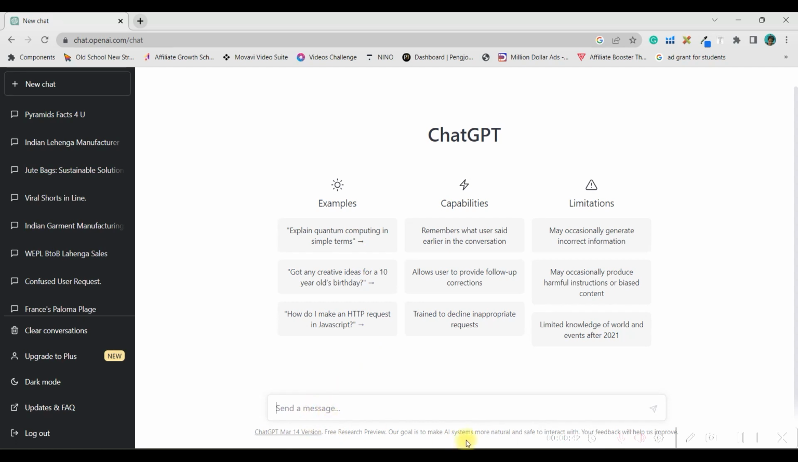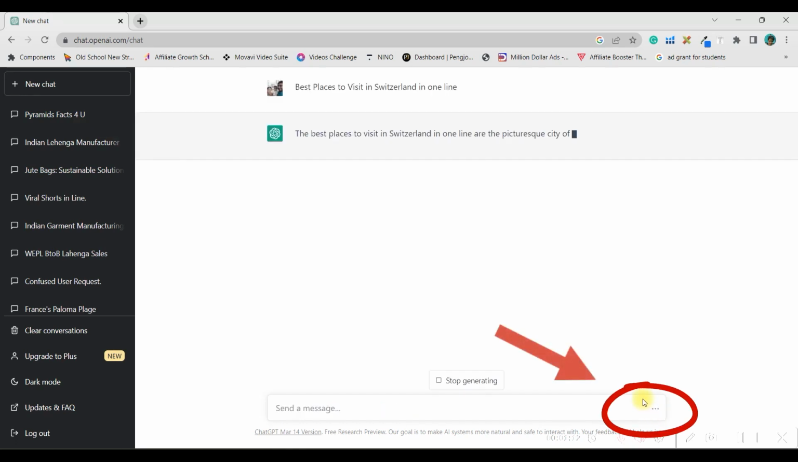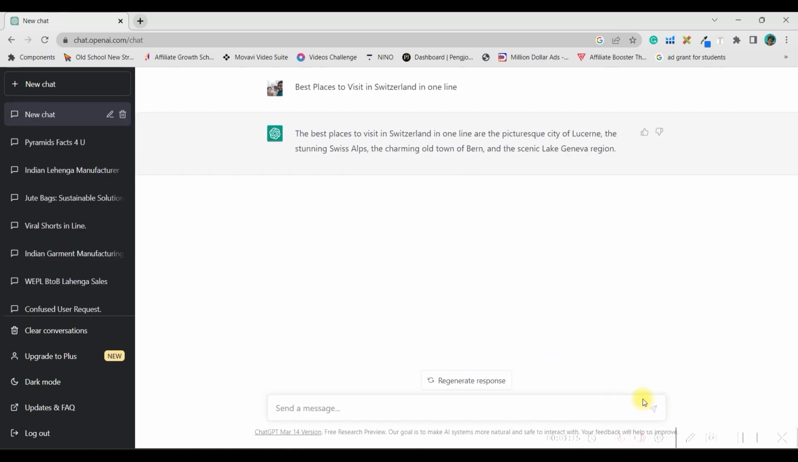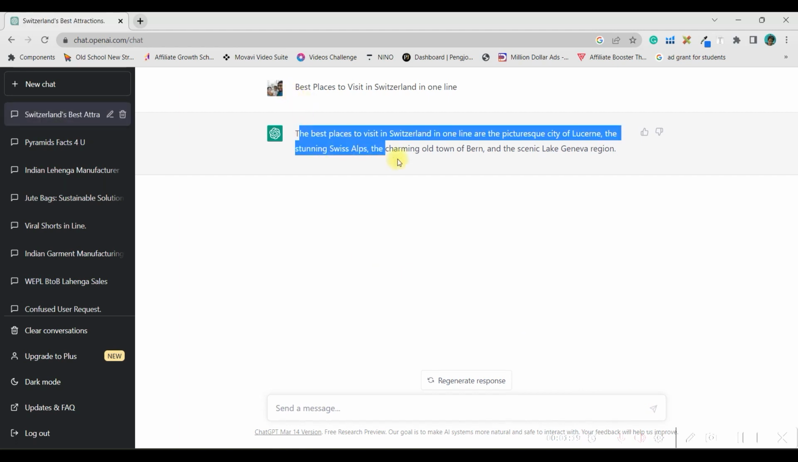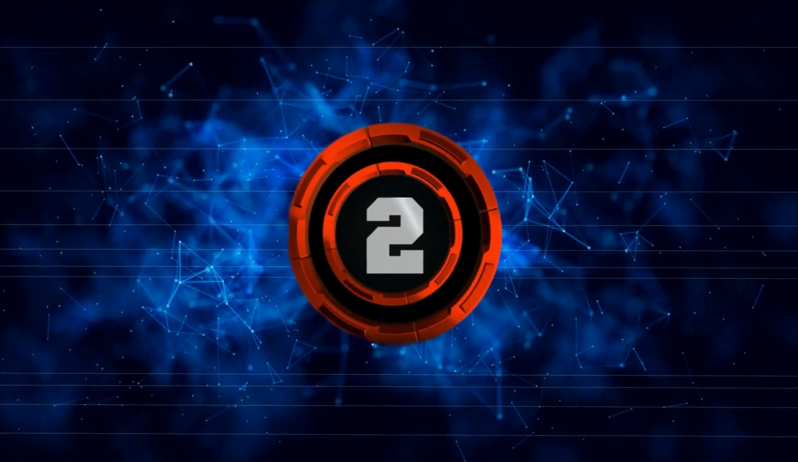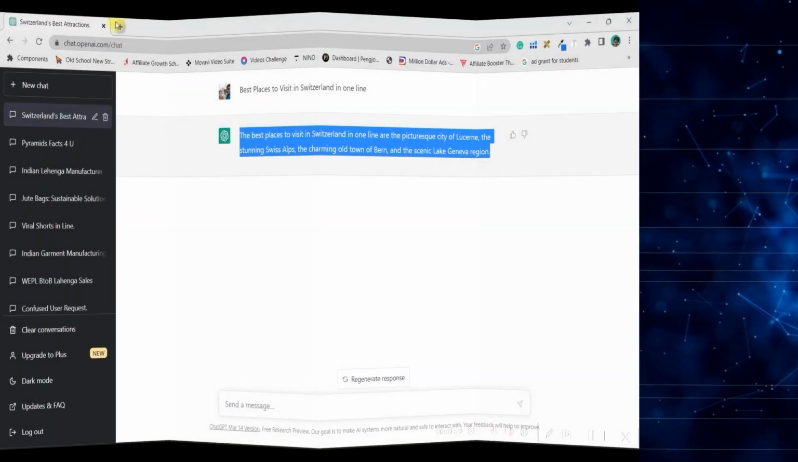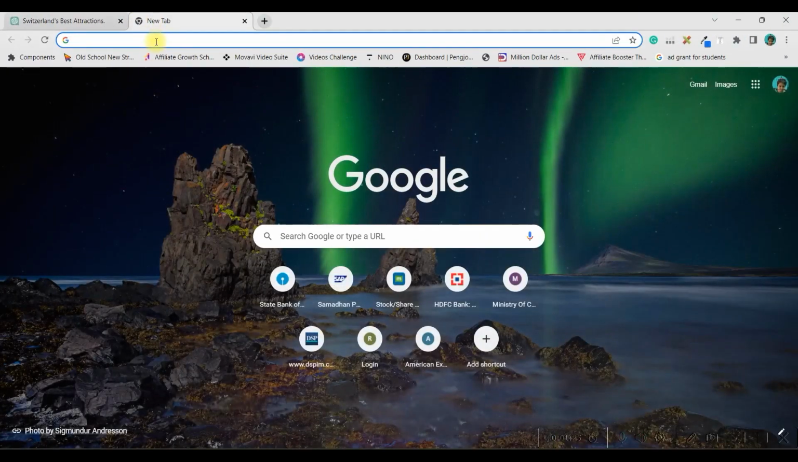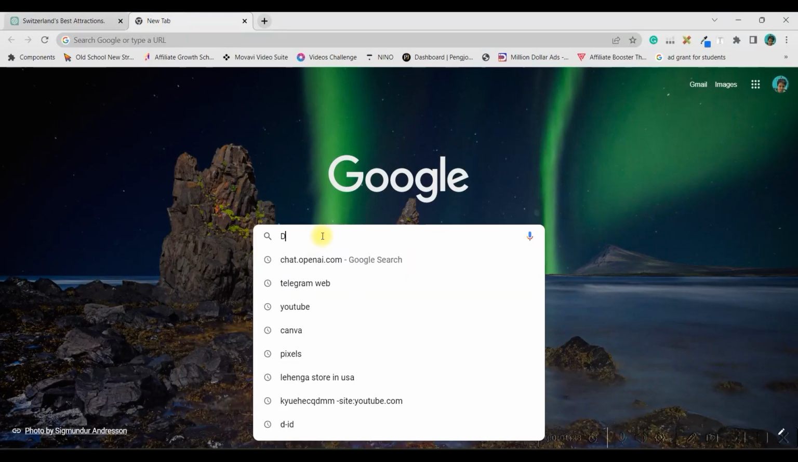Here all you need to do is type the keywords on which you want to create a script and click on this. In a while it will create a beautiful script for you. Once the script is ready, copy it. Now next, go to the next tab and open